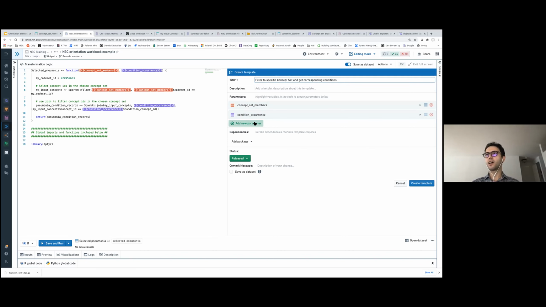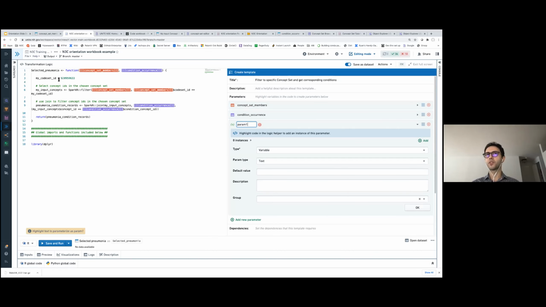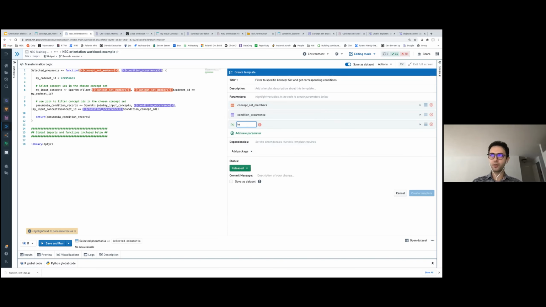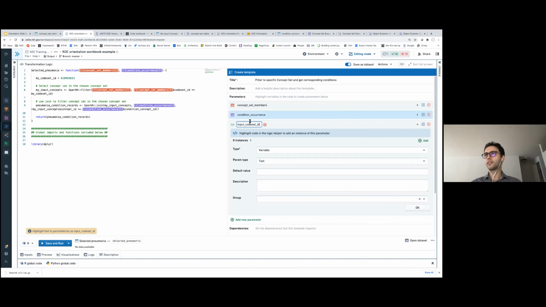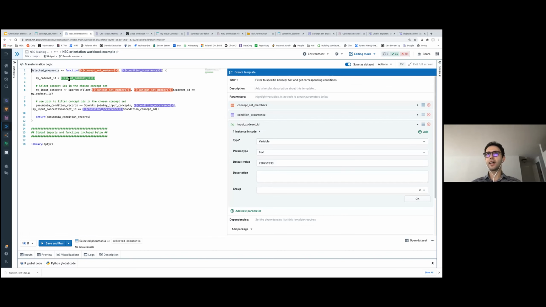And let's add the parameter, which is the code set ID. So the way to add it, let's give it a name first. So input code set ID. And if I just highlight the instance of it in here, it will automatically replace it with a variable.